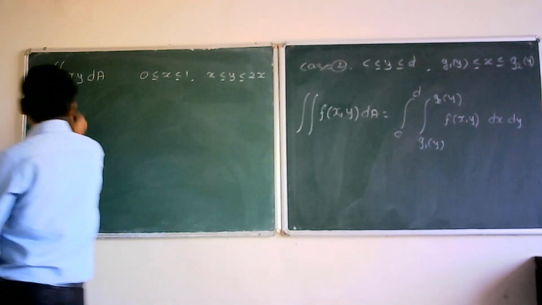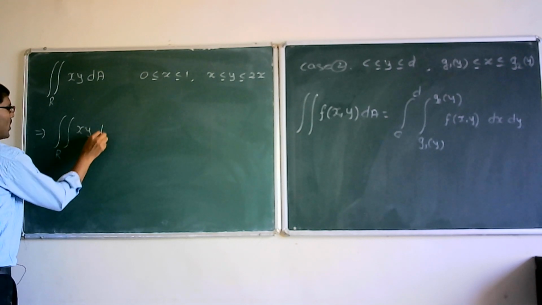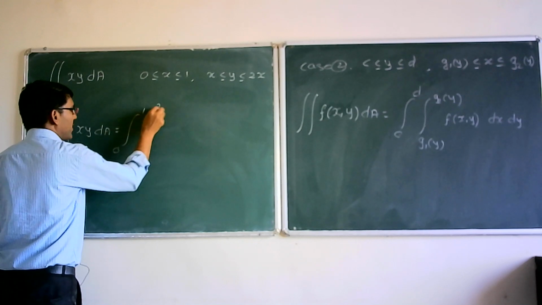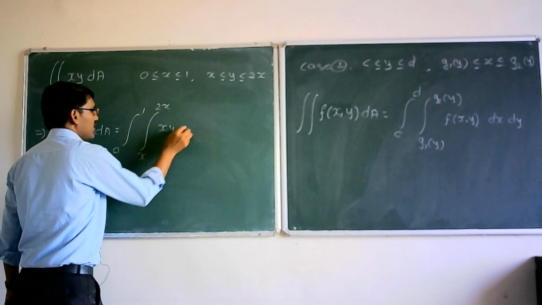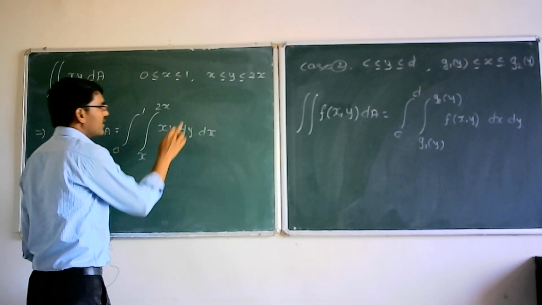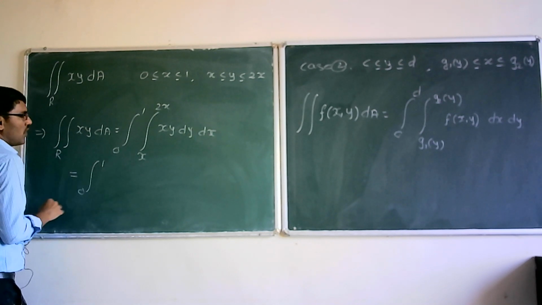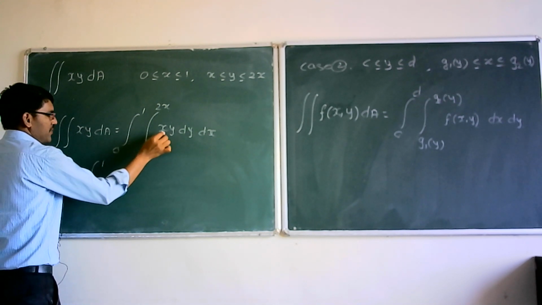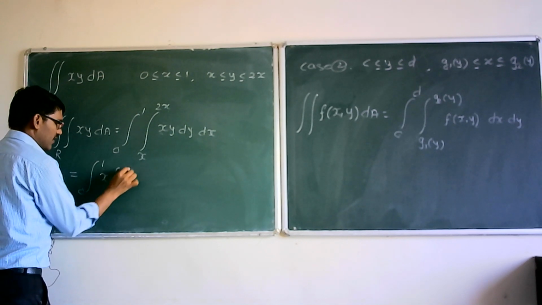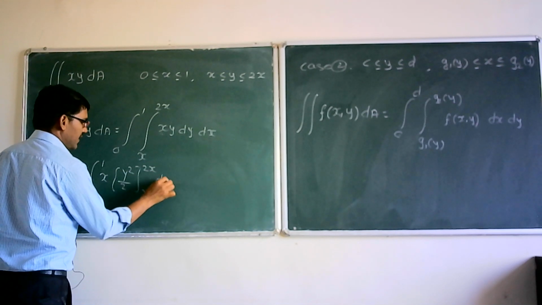सो इथे बघा आपल्याला हे इंटिग्रेशन आपण कसं लिहू शकतो, double integration over R xy dA is equal to 0 to 1, x to twice x, xy dy dx. सुरुवातीला आपल्याला काय घ्यायचं dy, कारण की y चे लिमिट आहे इन टर्म्स ऑफ x. सो this is equal to 0 to 1. आता आपल्याला इंटिग्रेशन घ्यायचं with respect to y. सो x कॉन्स्टंट आहे आणि y चे इंटिग्रेशन काय आहे y²/2 and from x to twice x dx.